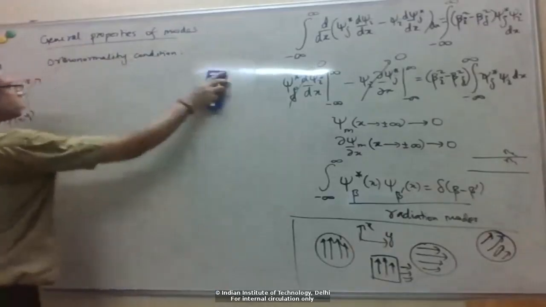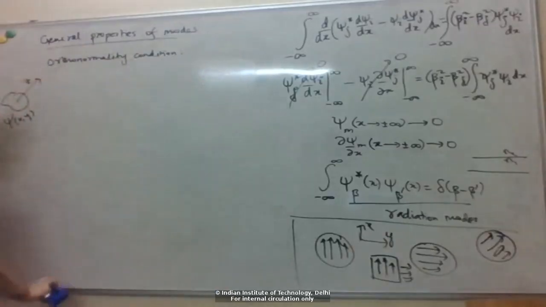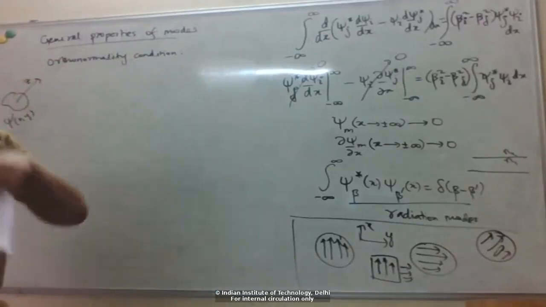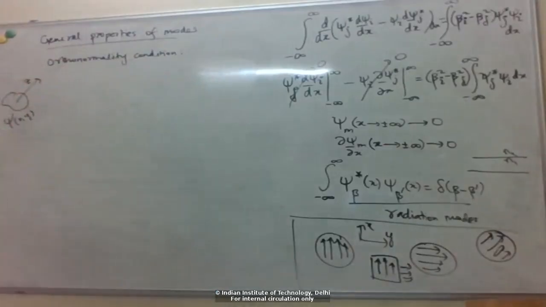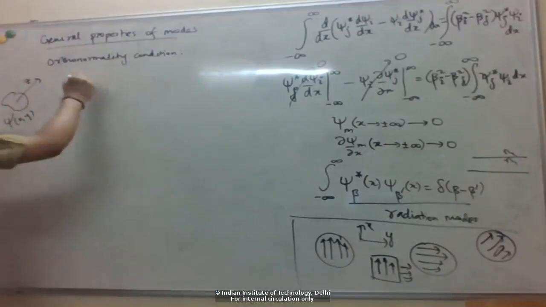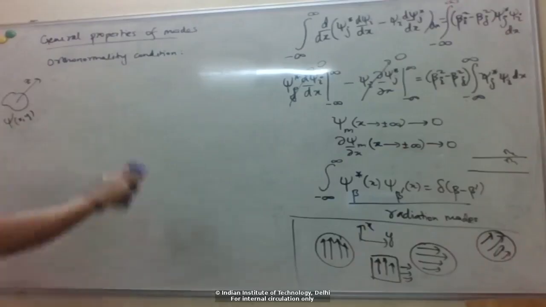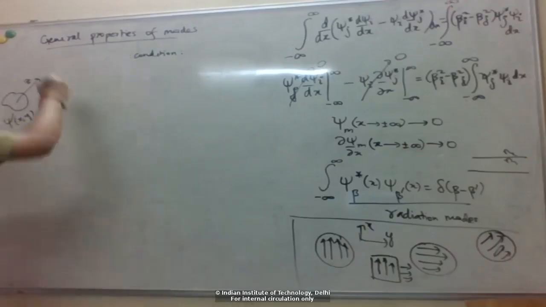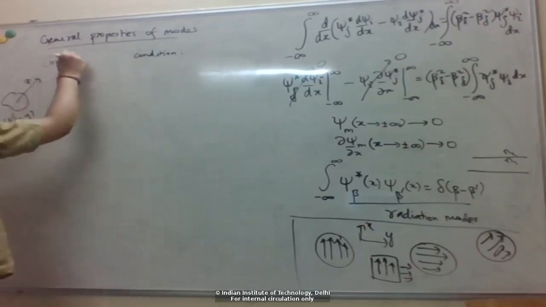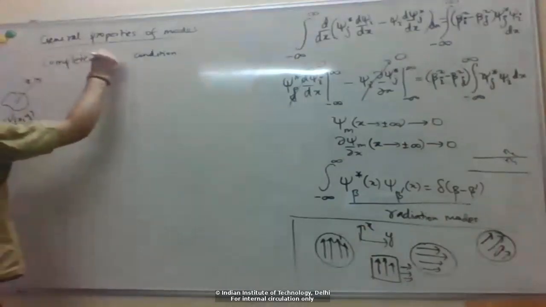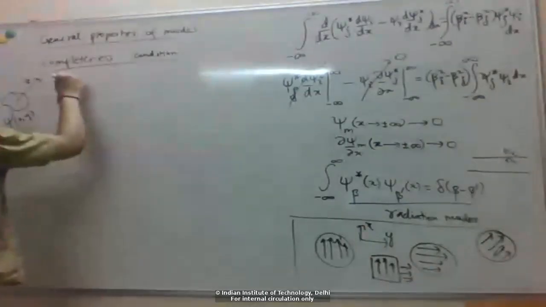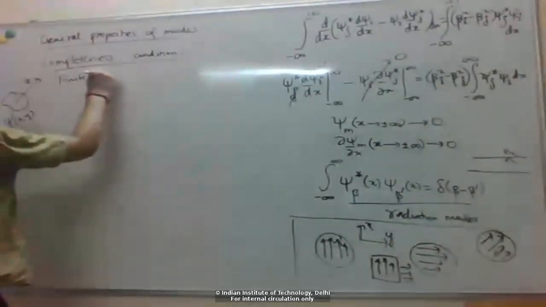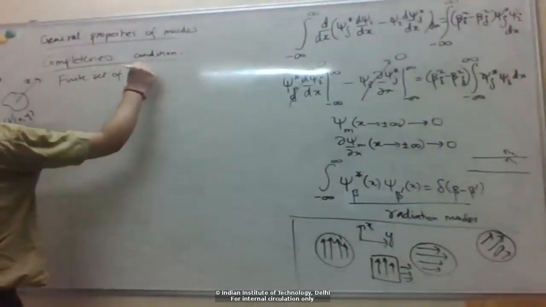Right, and then we saw because of this orthonormality condition, the power in each mode will remain constant along propagation. So that is known as the completeness condition. And basically the finite set of guided modes